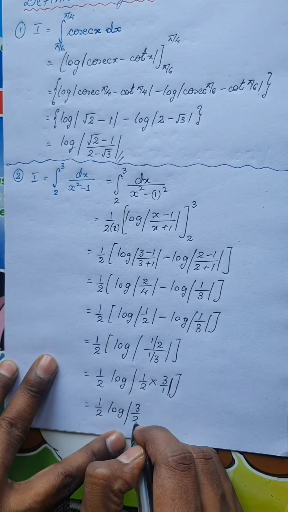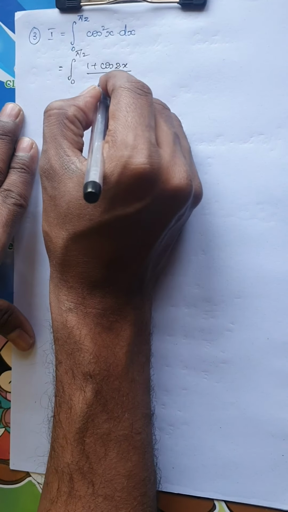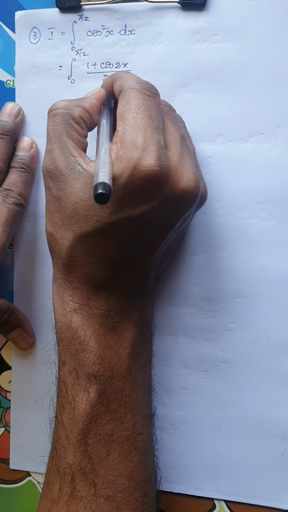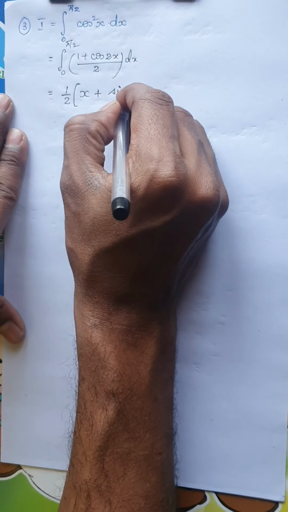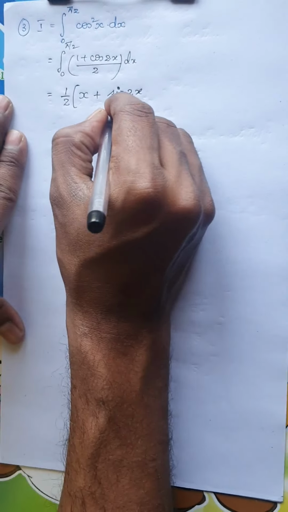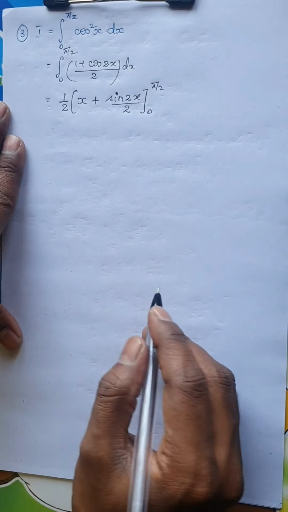So the next integral is integral between the limit 0 to pi by 2 cos square x dx. These are standard integrals we have already solved using trigonometric identities. We all know cos square x can be written as 1 minus cos 2x divided by 2 dx. So I am going to keep this 1 by 2, which is constant, as it is. Let me integrate. Now integral of 1 is nothing but x plus integral of cos 2x is sine 2x divided by 2. This is integrated within the limits 0 to pi by 2.